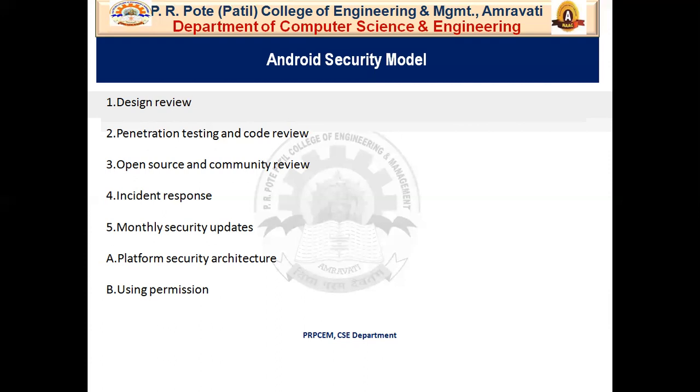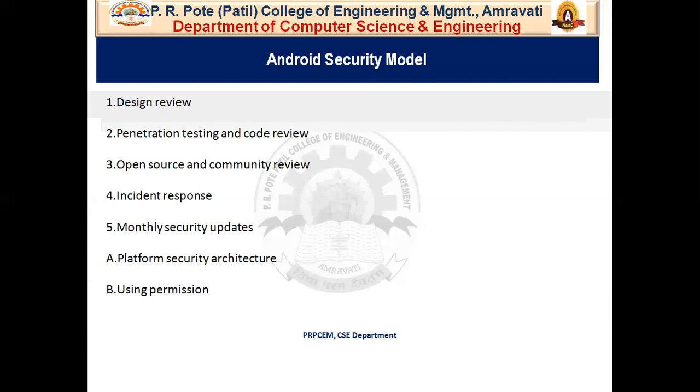It is hard to understand, but once you revise it one or two times, you will get what the Android security model is. So first we have seen the design review, and second the penetration testing and code review. Then the third one is open source and community review.